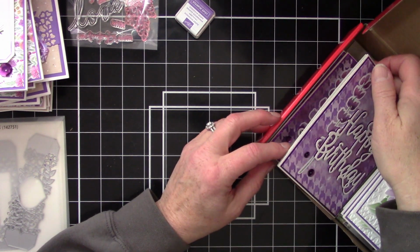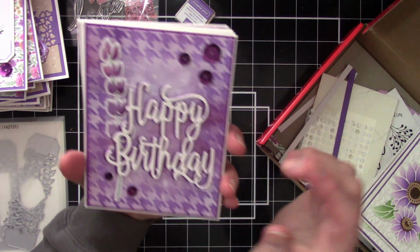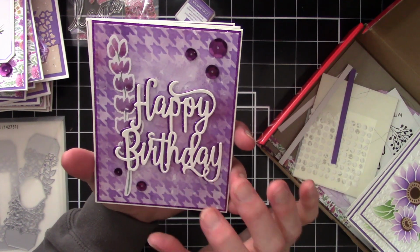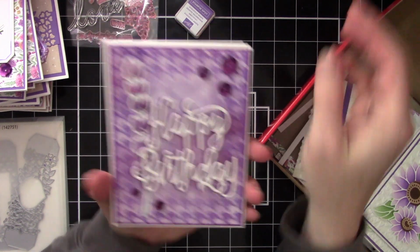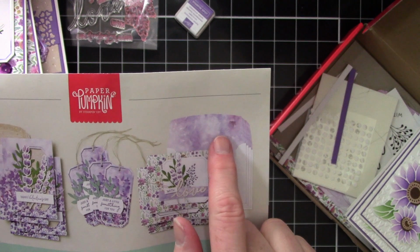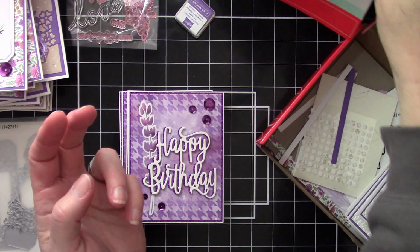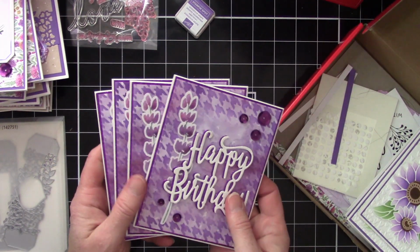Okay, now on one of the other sides of those card bases was this paper here, and I did change it up a little bit. It is kind of like a lavender marble look to it. Let me show you. You can see this envelope here inside. That's kind of like a swirly, marbly look. That's what it looks like. But for my 4 cards for this one,